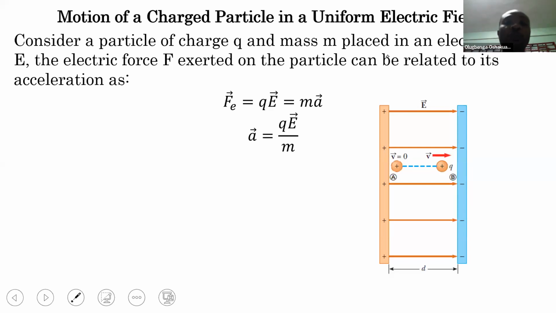Let's talk about motion. Motion of a charged particle in a uniform electric field. When we have an electric field, it means that the influence of charge can be experienced, the influence of electric charge can be felt. And when we have another charge in the electric field,